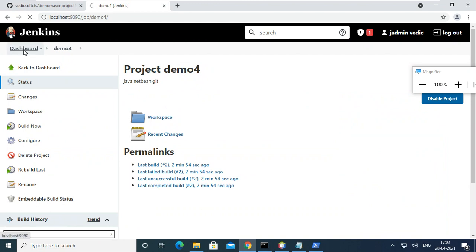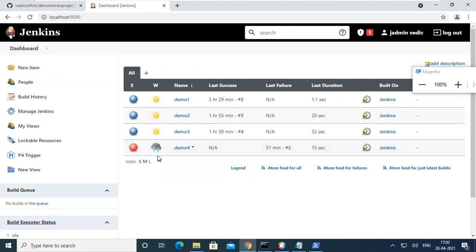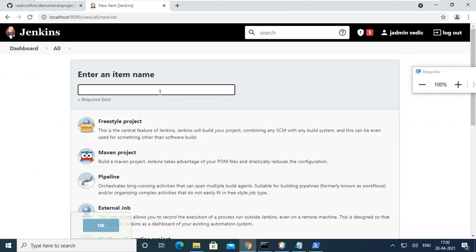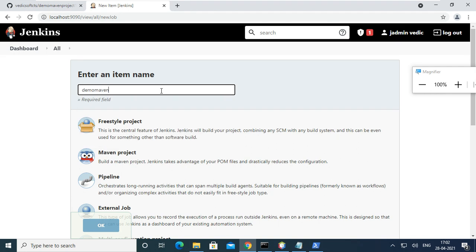Next, we have to create a project in Jenkins. So demo has become red color. No problem, we'll see that one later. Here I will change the pattern a little bit. This is a demo Maven project, right? Same name I'm giving, or you can use a different name also. You can use this as a freestyle project, or you can use it as a Maven project.